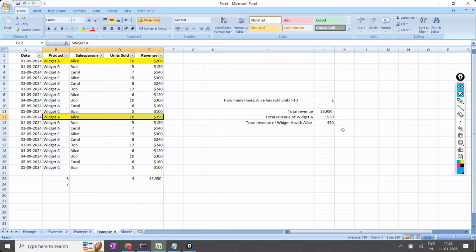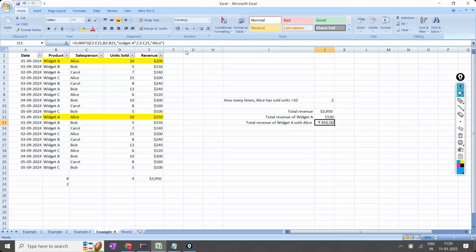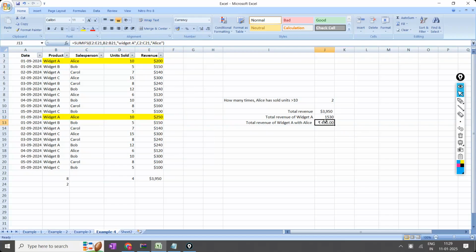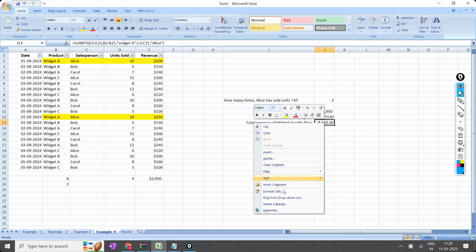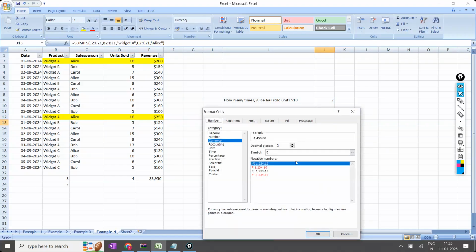But here the dollar symbol is there, and here the dollar symbol is not there. Go and add it here. In the currency format, you add the dollar symbol. You know how to add, I have already explained. Or just click on format cells, and here select the currency and symbol. Whichever symbol you are interested in, select that symbol. The dollar symbol. Go with the dollar symbol.